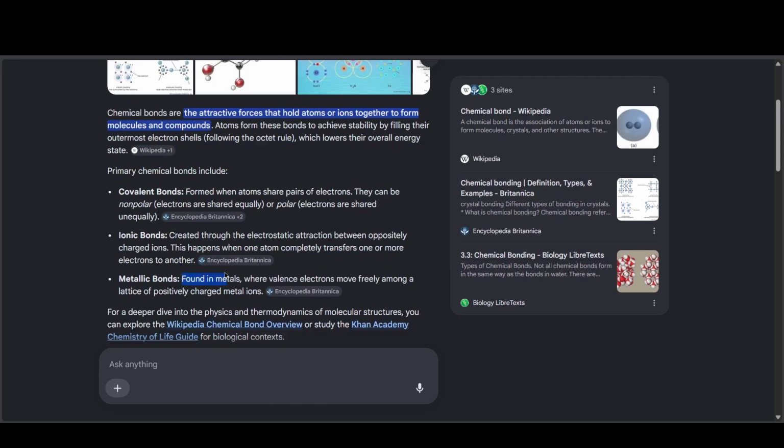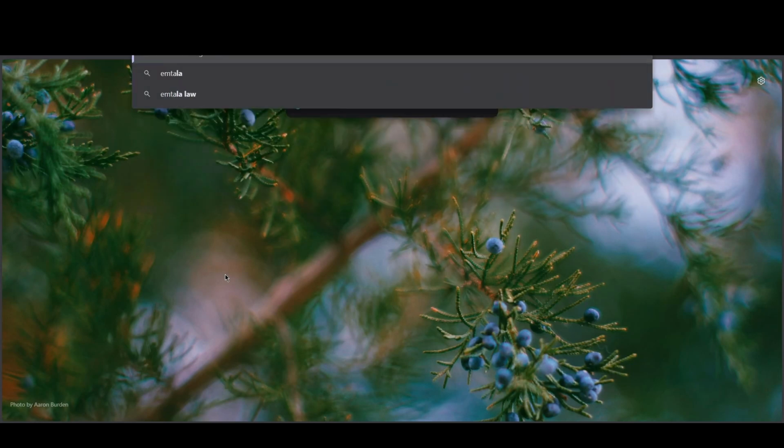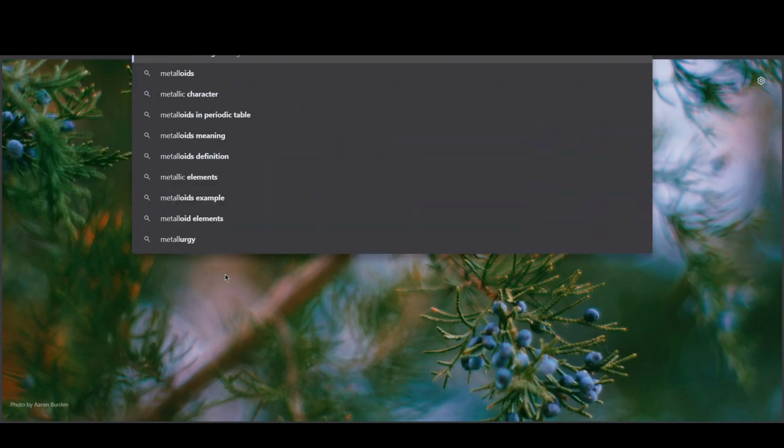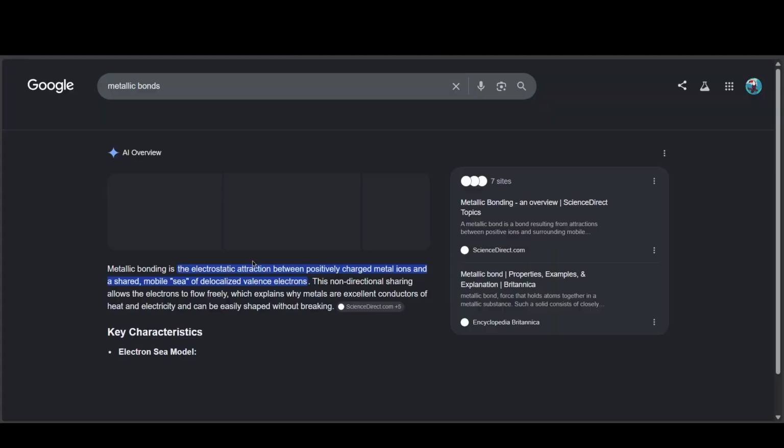Okay, so we can see right here there's a metallic bond, electrostatic attraction between electrons and metal ions. Okay, I'm very sorry about that. So now we're going to be discussing metallic bonding. It says here that metallic bonding is the electrostatic attraction between positively charged metal ions and a shared mobility